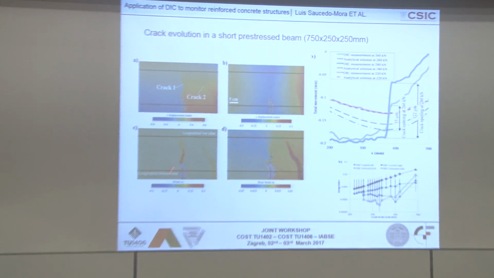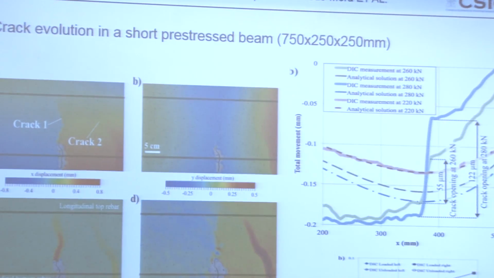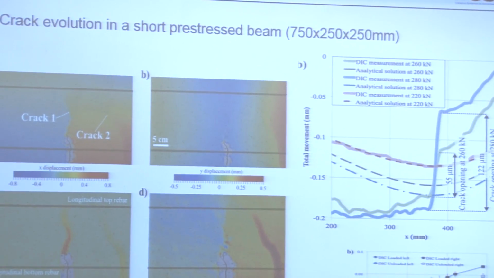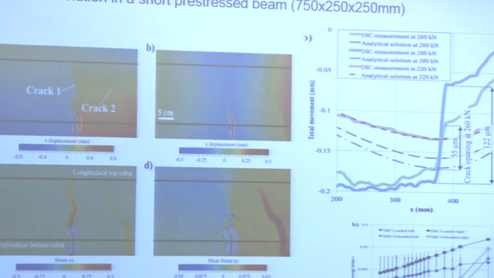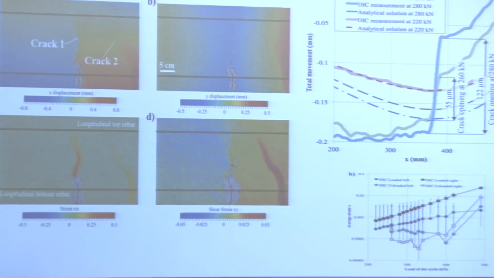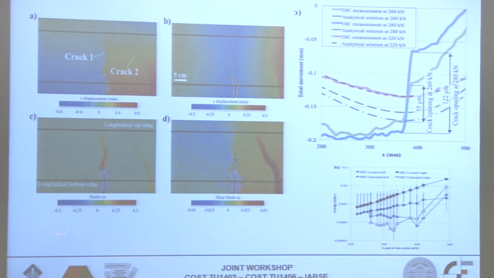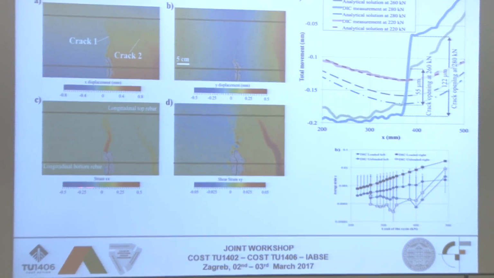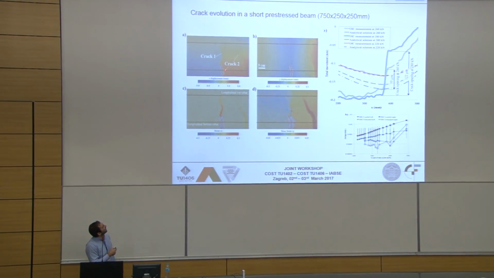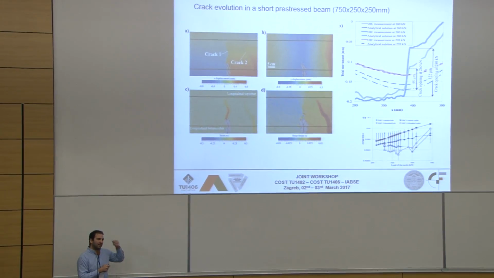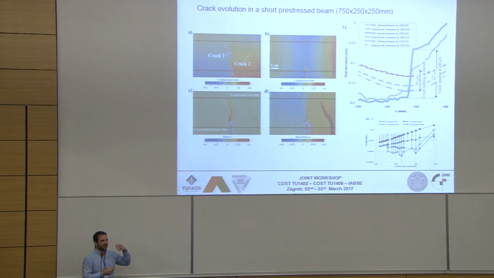For example, this is a pre-stressed beam with 2 pre-stressed wires. This is around 1 meter, and those are the X strain field, the Y strain field, and the displacement fields. It is very clear how a crack produces a jump in the displacement field that is translated into strain. And if we plot the displacement along this line, in this plot, we can see how